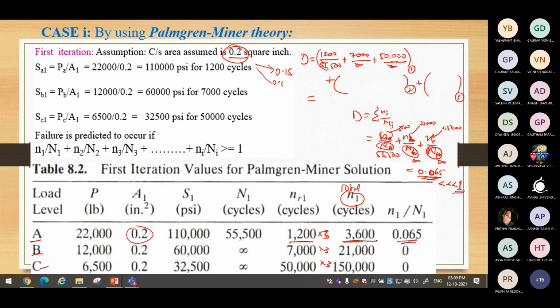That is not the way factor of safety should be decided. It must be decided based on how much risk you can take for that particular component. How much risk a designer is willing to take. It should not be that I just want to make my component not fail at all. Those days are gone.